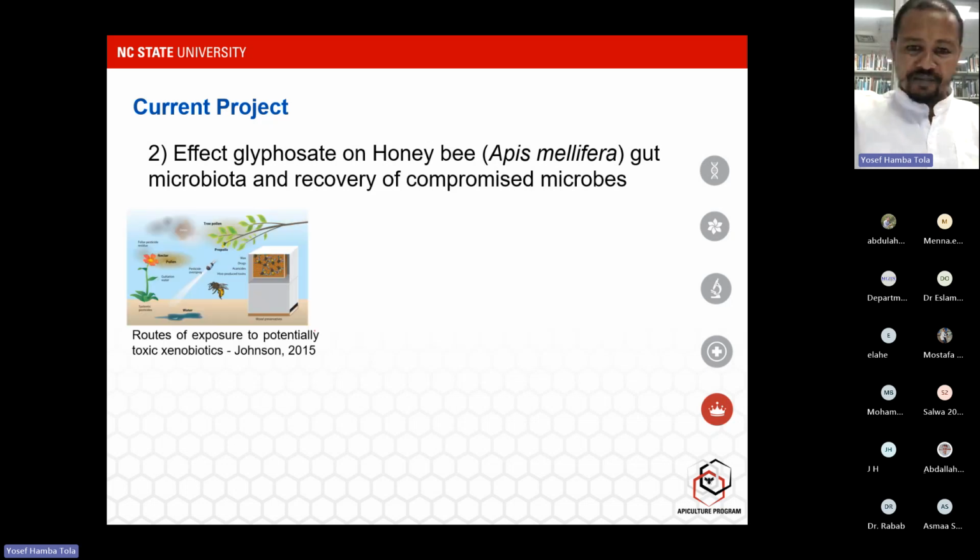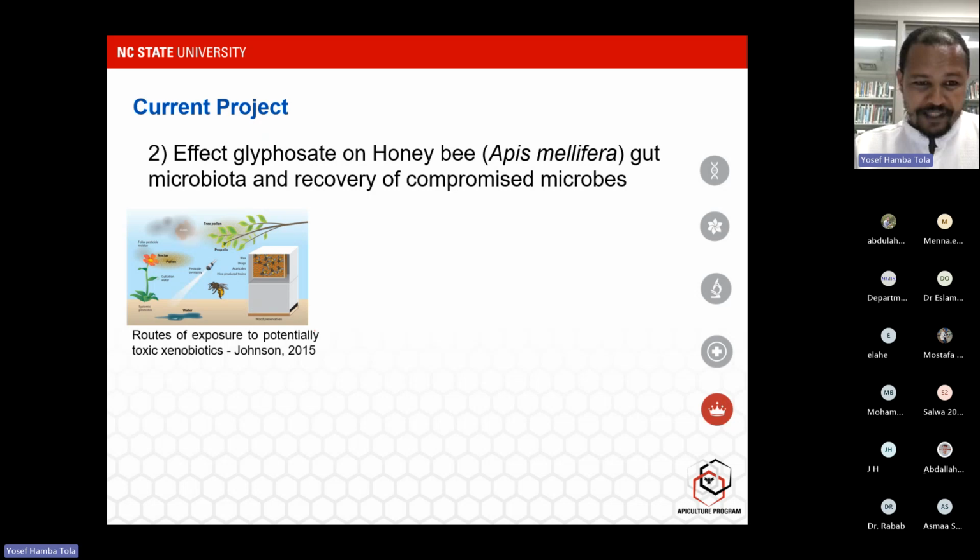As you know, bees are exposed to different herbicides and pesticides in different ways. For example, glyphosate, the herbicide we use in our fields and farms, is meant to target weeds, but it can contaminate even the water. The bees fly and get water from the environment, and when they come back to the hive, they contaminate the hive. They can even transfer it to other bee communities.